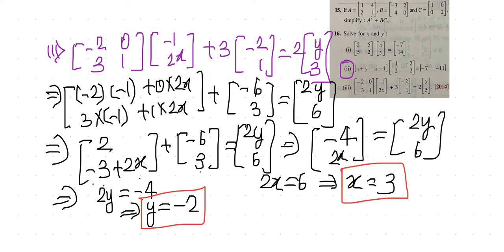Fine. So this is the way this particular sum has to be done. We will now be moving to question number 17, children. Question number 17 is: in each case given below, find the order of matrix M and the matrix M. Okay, so the order of matrix M, children, how are you going to find out? It is understood that if you are going to get the answer, then anyway you can find out the order as well.